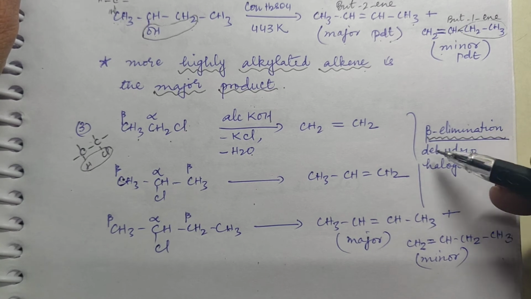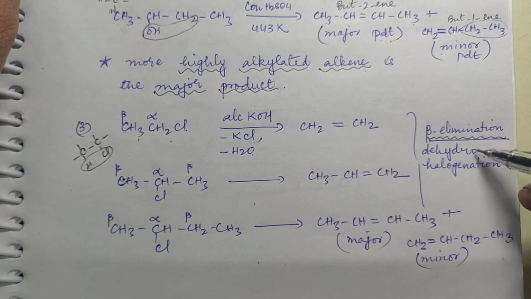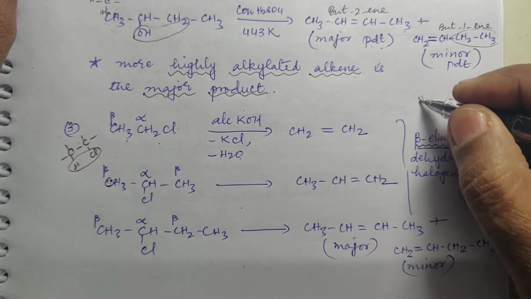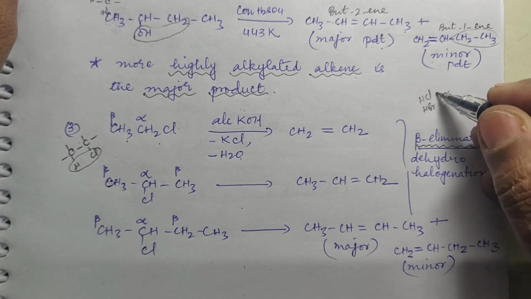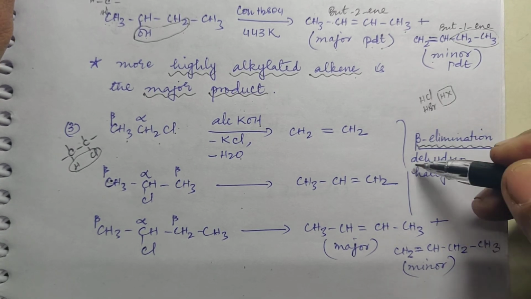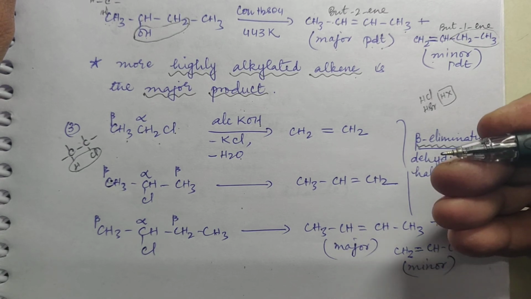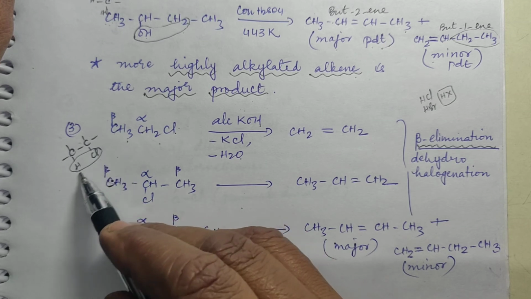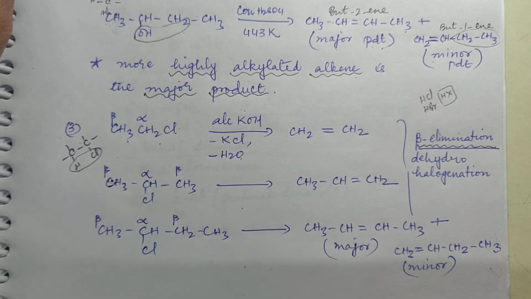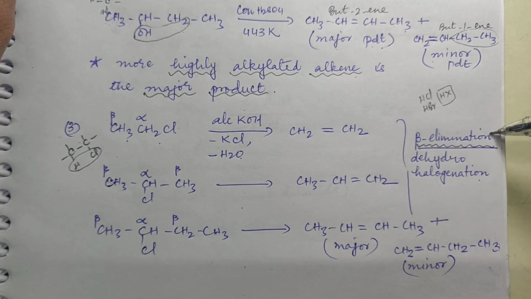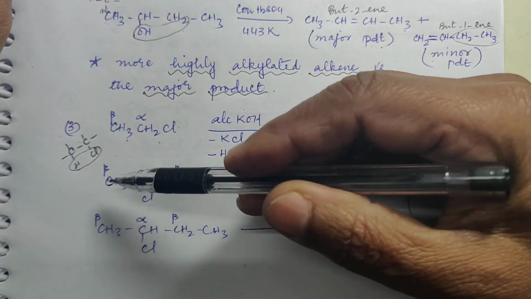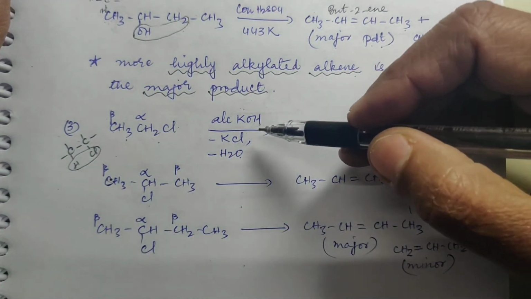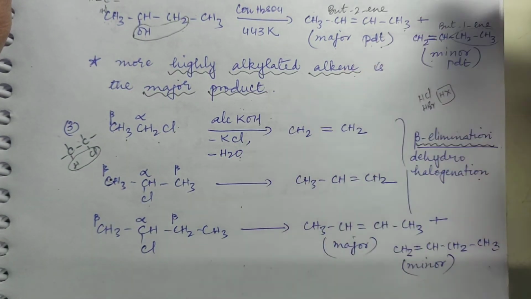This is also called dehydrohalogenation. Hydrohalogenation, hydrogen halide क्या होता है? HCl, HBr. These are all called hydrogen halides. So in general you can call it HX. Dehydrohalogenation means what? Removal of hydrogen halide. So that is what you are showing. HCl is removed. So this is called removal of hydrogen halide and it is called dehydrohalogenation or beta elimination. Okay, remember, alpha में से halogen और beta में से hydrogen, it goes in the form of hydrogen halide that will react with KOH giving you salt and water.